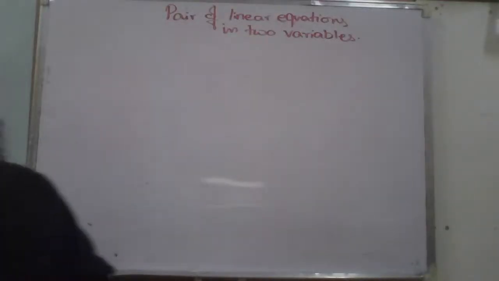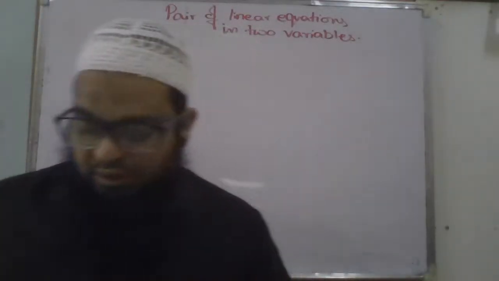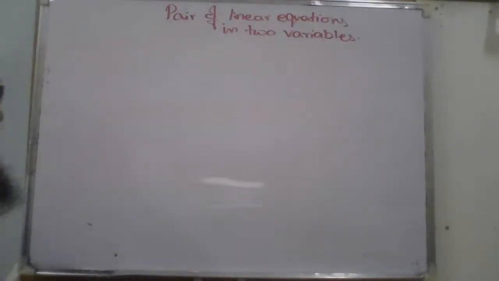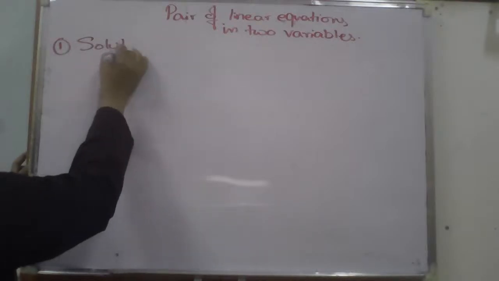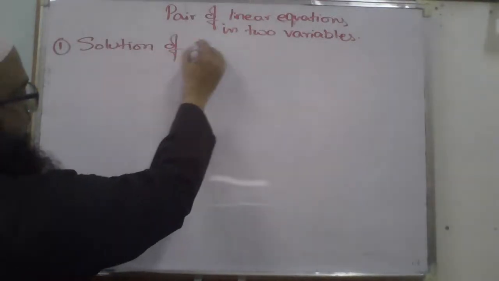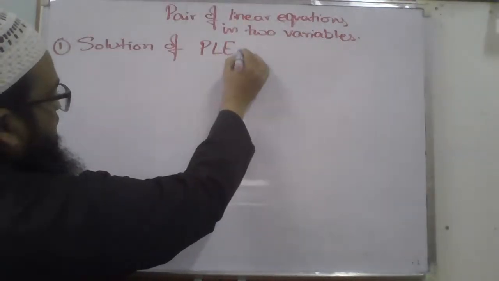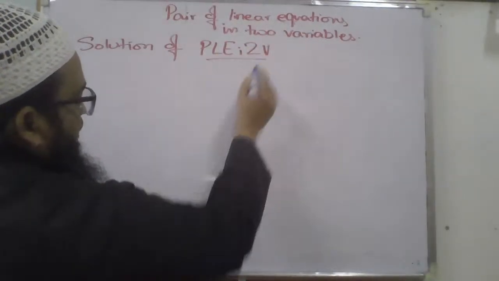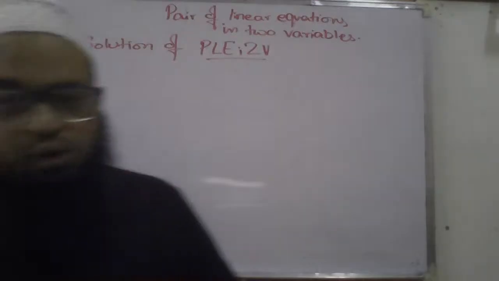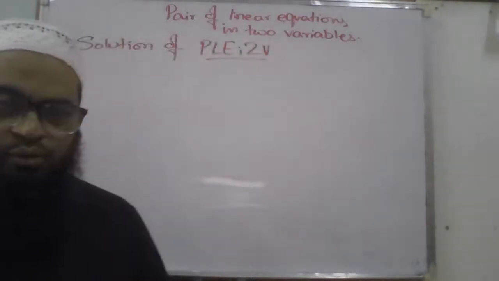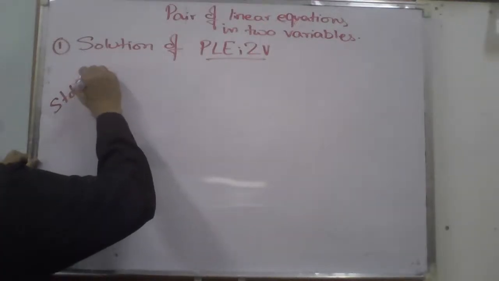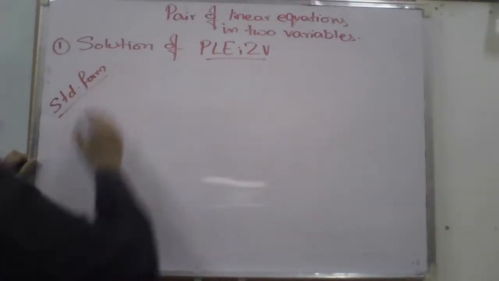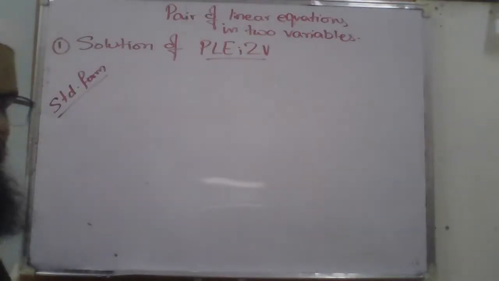So, what are the important concepts in pair of linear equations in two variables? The first concept is the solution of pair of linear equations in two variables. Before going to the solution, let us see the standard form of pair of linear equations. The standard form of pair of linear equations in two variables is